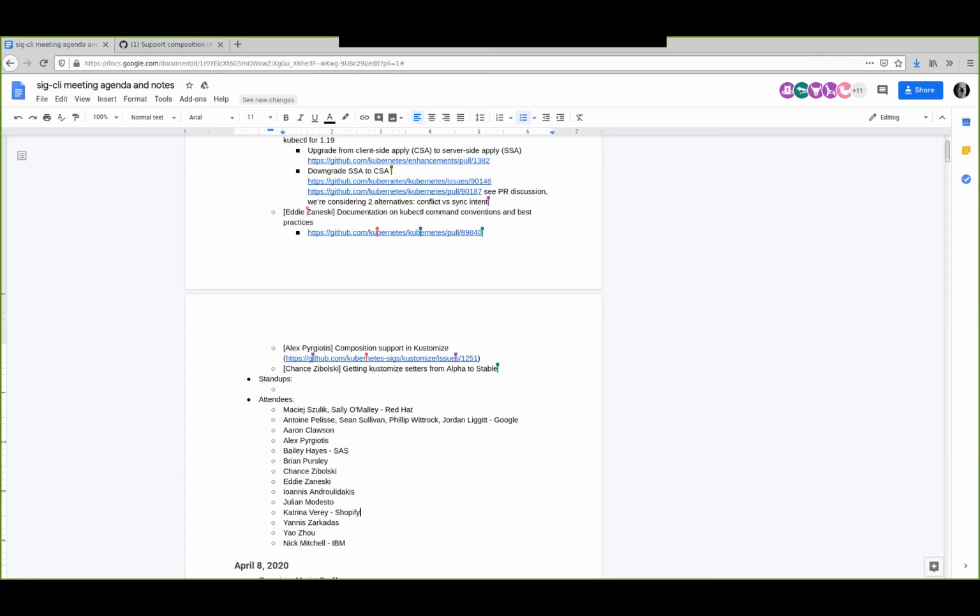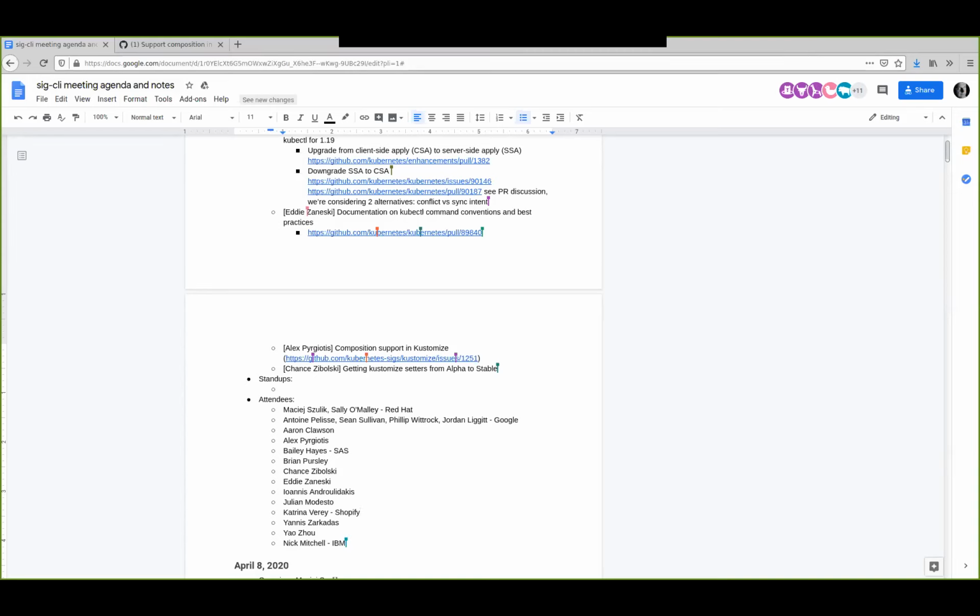Sure. Yeah, I think you have approached the problem very well. It's the first case that you said before, but I think the actual issue is a little different. The problem is not that there are two overlays, let's say, that want to patch the same service and thus the same key.